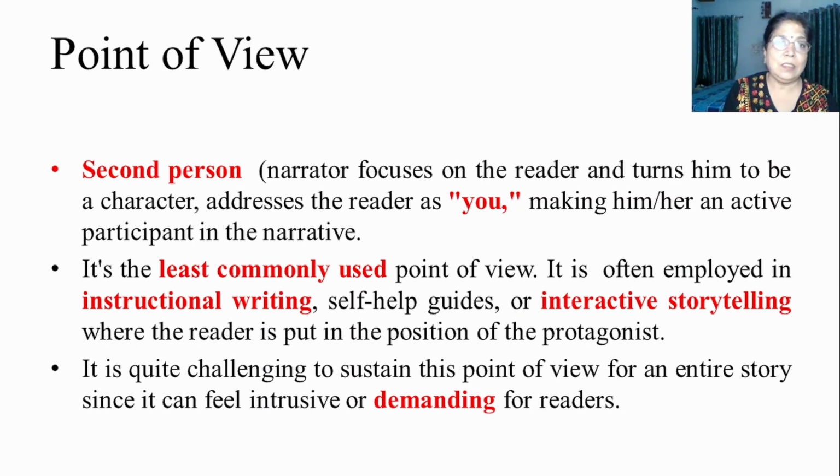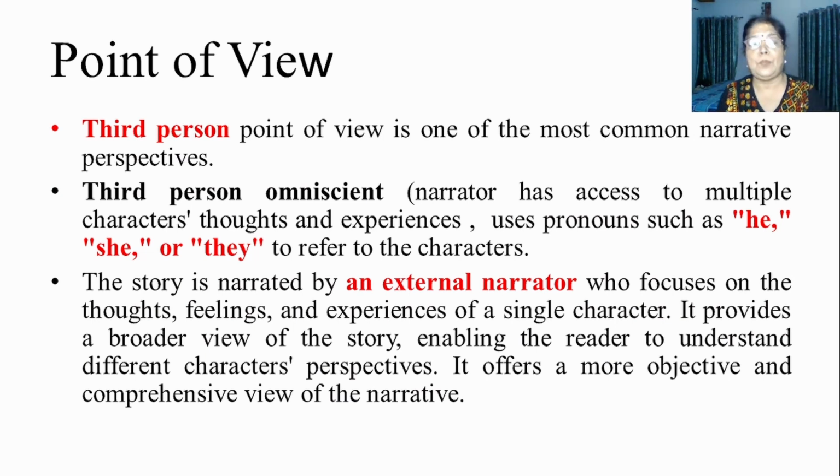Now the next one is the third person point of view. It is one of the most common narrative perspectives. The third person omniscient narrator has access to multiple characters' thoughts and experiences, and uses pronouns such as he, she, or they. Omniscient means present everywhere. So the third person point of view is such a point of view